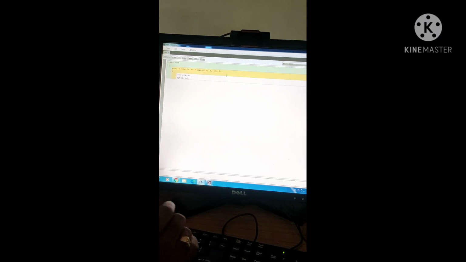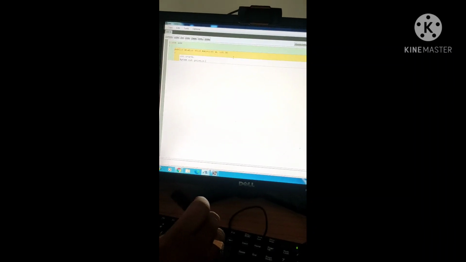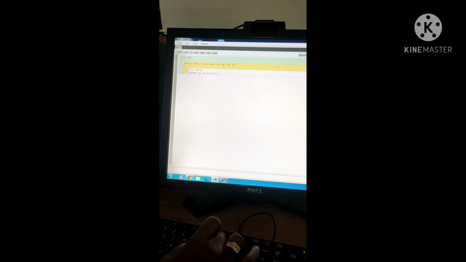To generate an output, I am going to introduce a new variable, int c equals a plus b, semicolon. In each and every line you should provide the semicolon. It is mandatory. After that I am going to give System.out.println, which is going to display the output, how I processed the data.